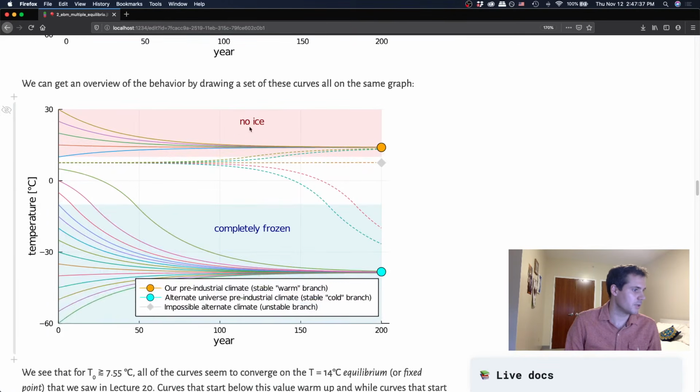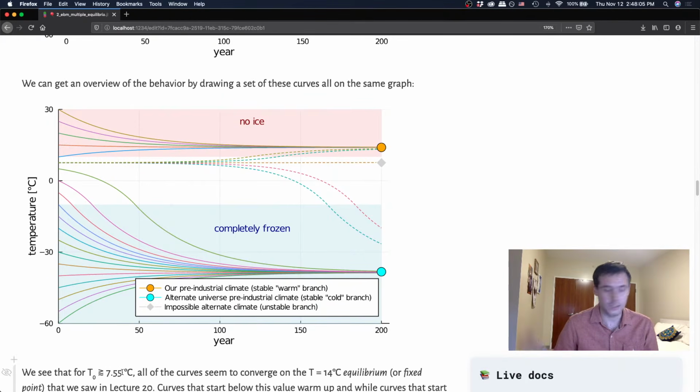But you can also plot a whole bunch of these curves. So here I started, I think, every 5 degrees, one of these curves. And you can see that you have this top branch where it goes to 14 degrees, and this bottom branch where all of these temperatures go to minus 40 degrees. But then we see something kind of interesting right in the middle. We have this other branch where if you give it exactly the right value of like